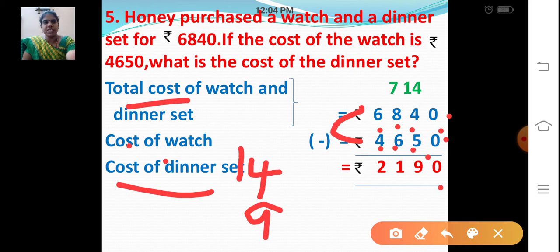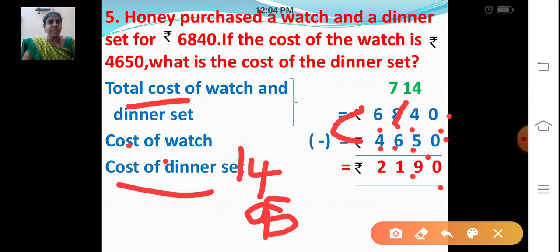So my tens place will become 14 and my hundreds place will become 7. So now 14 minus 9. We are going to subtract 14 minus 5, counting after 5: 6, 7, 8, 9, 10, 11, 12, 13, 14. So the answer is 9. 14 minus 5 is 9. Write down 9 here. Let's move on to the next one.